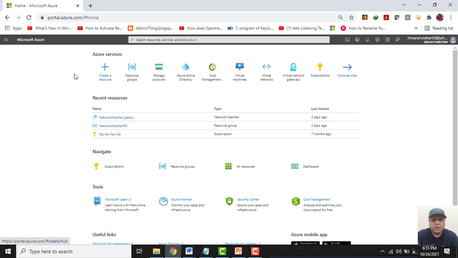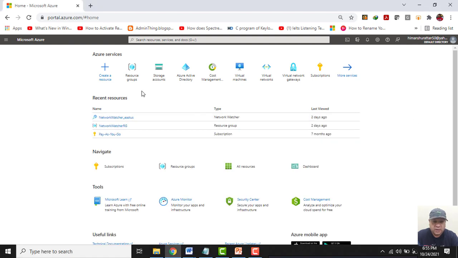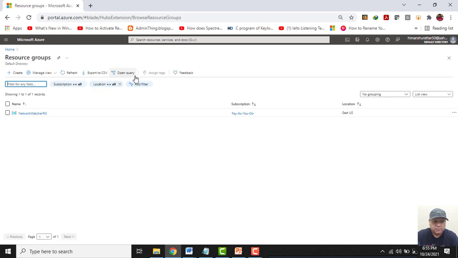So this is the main page of the Azure portal, and let me quickly create one resource group. I will create my resource group with the name TC_East_USA, and I will select the region East USA. Click on create.